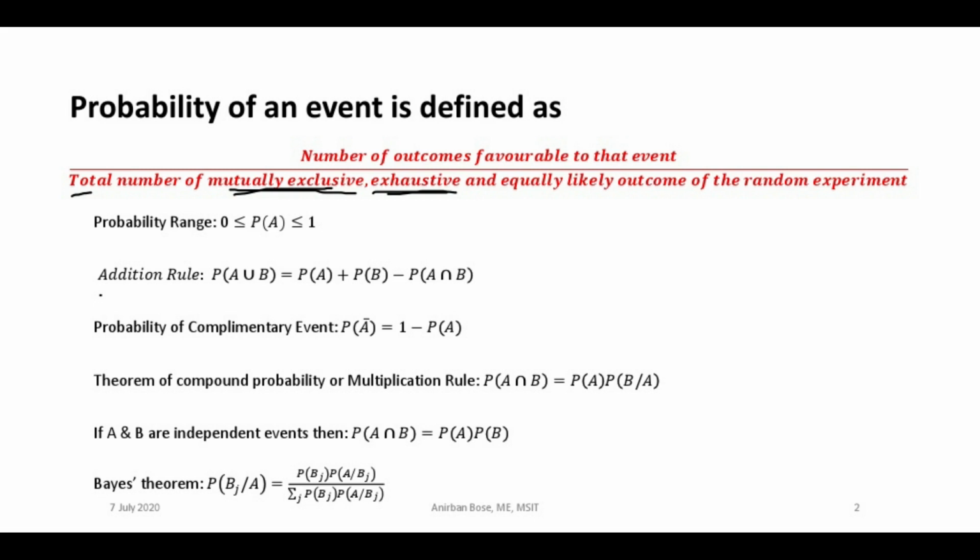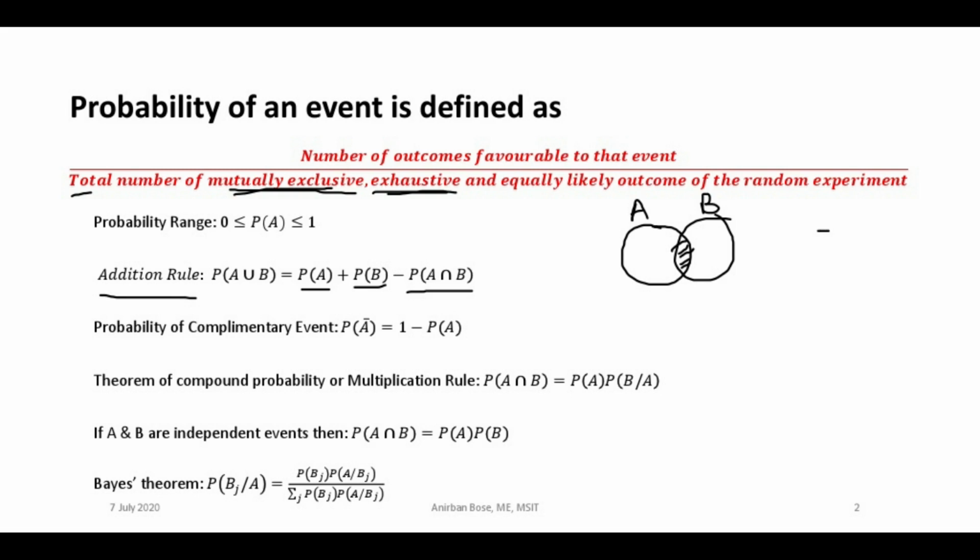Okay, now see the addition rule. The addition rule is probability of A union B is equal to probability of A plus probability of B minus probability of A intersection B. A and B, these two events may not be mutually exclusive. Let us consider this situation, say this is A and this one is B. So here you can see A and B are not mutually exclusive because this portion is common between A and B. This region which has been shaded here is called A intersection B. That means the portion which is common.